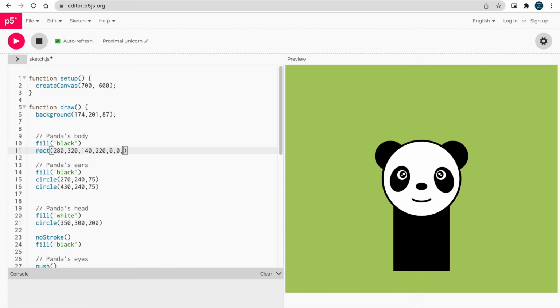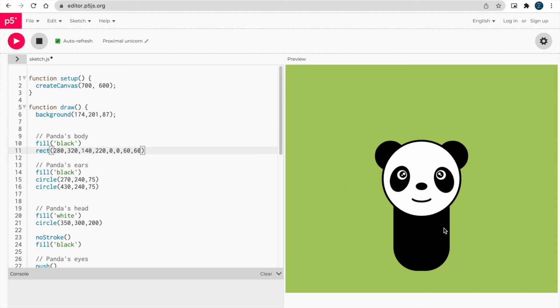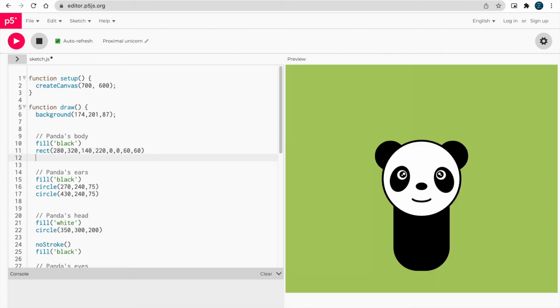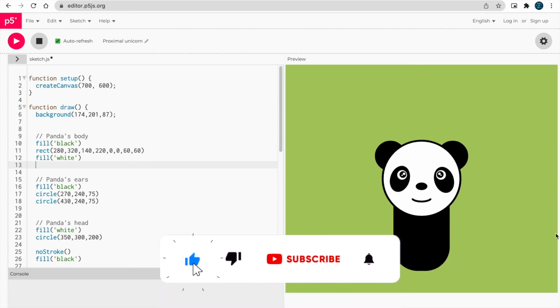Now I'm making the corners round for the bottom part of it. It will all make sense after we draw the second rectangle, but this rectangle must be white. It will be inside the first rectangle, so the top part of the panda's body and his hands are in black, so the bottom part must be white.